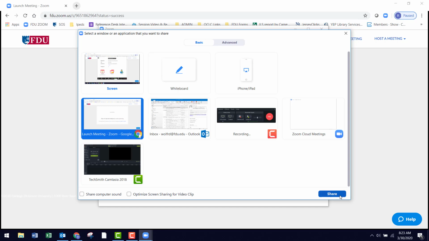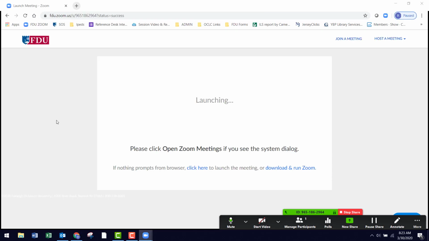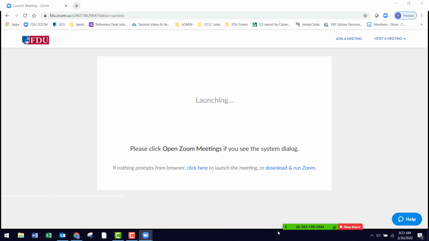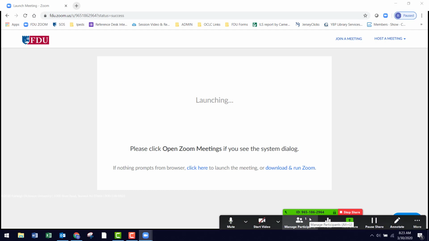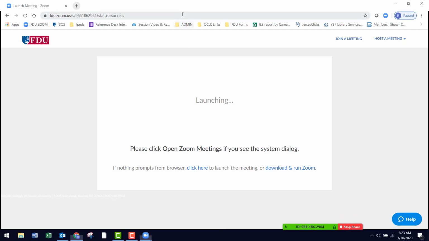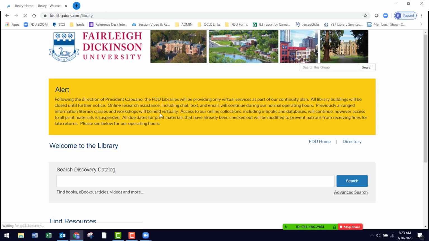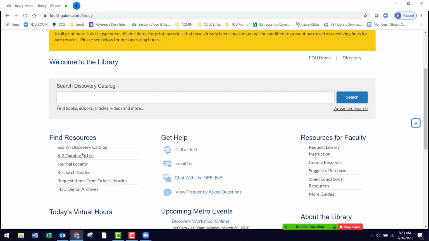So I hit share. So right now, we're seeing what the other people will be seeing. And you'll notice our taskbar has dropped down to the bottom, and it shrinks away once you stop hovering over it. But as soon as you hover over the green, it'll pop up again and you'll have all your options. So now if I go to the library's homepage, I can go into the library catalog or into the databases and do whatever search I want, and the person